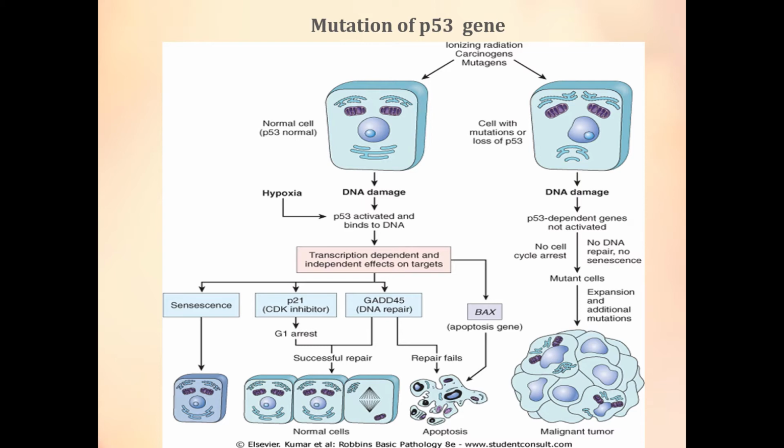The P53 gene is a very important tumor suppressor gene, which plays a role in the mechanisms of a large number of tumors. And here in this diagram, this scheme shows us how proliferation changes if the P53 gene is mutated. As we noted previously, anti-oncogenes or tumor suppressor genes play an important role in the regulation of the cell